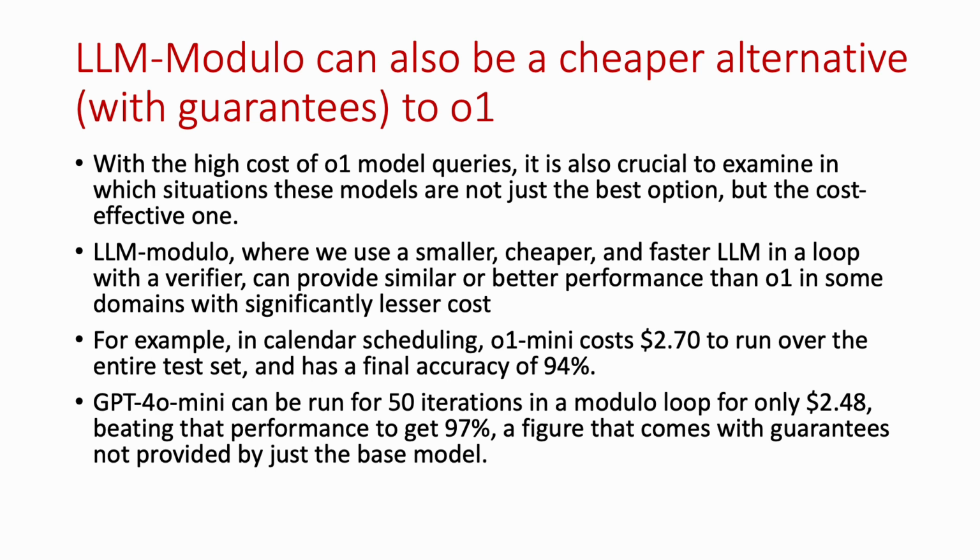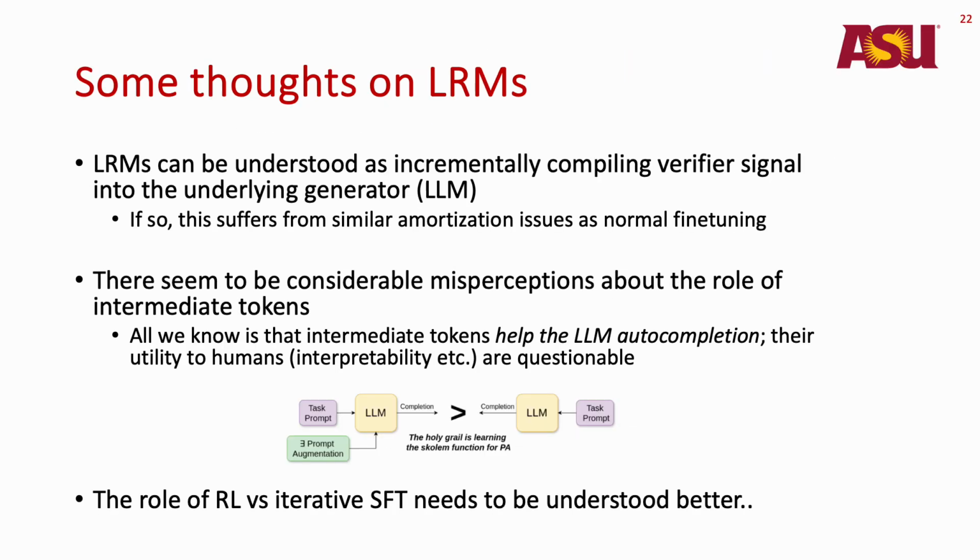And what I want to mention the rest of the time right now is what are some of the things that are basically still completely misunderstood, or at least we don't understand why they are working. They seem to be working, we don't know exactly why they're working. And so in general, LRMs can be understood, as I said, as incrementally compiling the verifier signal. I will point that out. And then I also point out that the intermediate tokens, many people think of them as thinking places and they try to make sense of them. That's a major focus right now, and so we have a couple of papers to point that out.